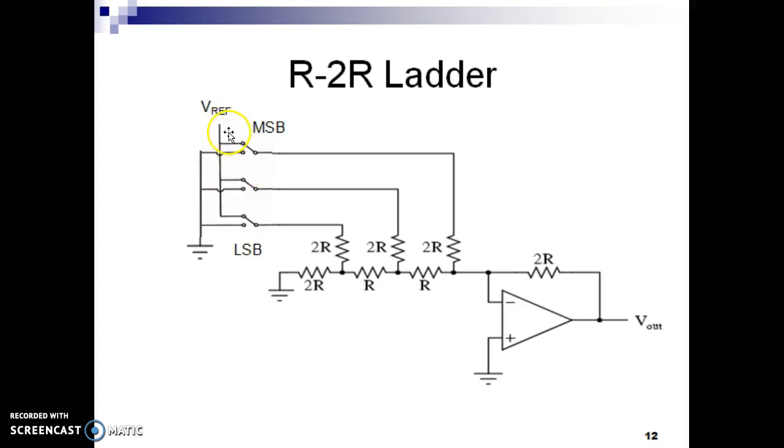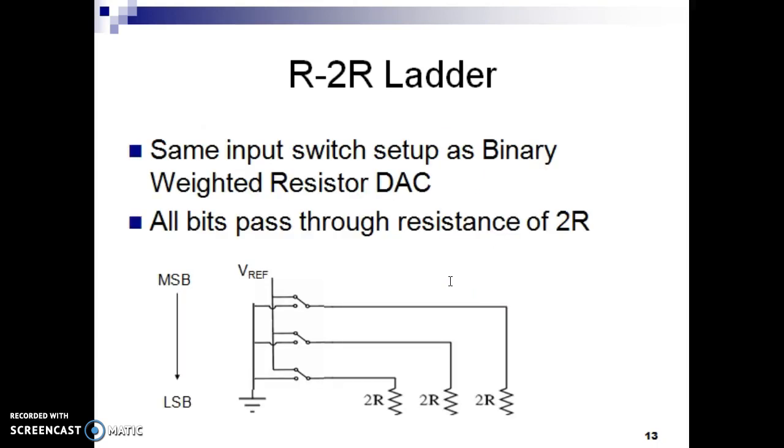Say in this case the input is 1 1 1: the current through the least significant bit needs to pass through all this network, whereas the most significant bit needs to pass only through this R. So by rearranging the circuit, instead of using weighted resistors, we can use an R-2R ladder